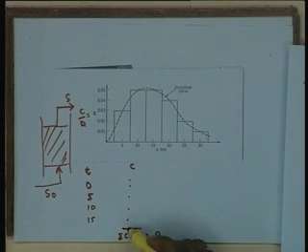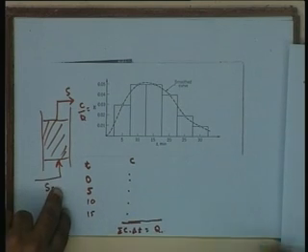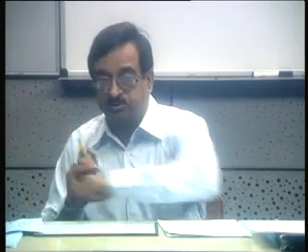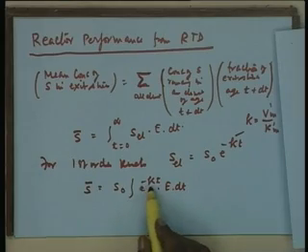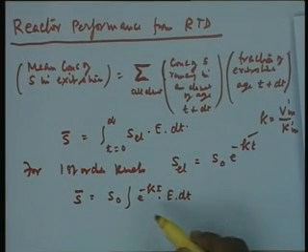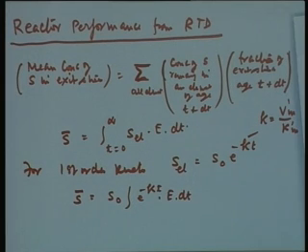One should check that the total quantity of tracer put in matches the quantity which has come out in the output stream, which is sigma C delta t. Then one can write this integration term in terms of sigma S0 into e to the power minus k t at different times t, sum it over, and you will get the concentration of the substrate remaining unreacted in the exit stream